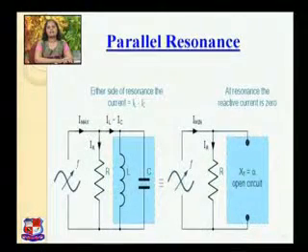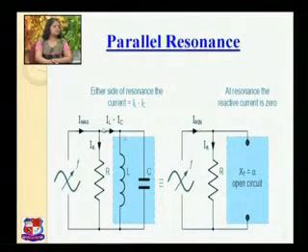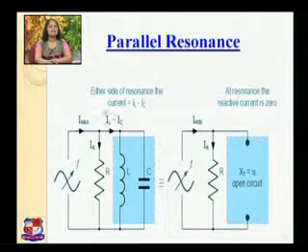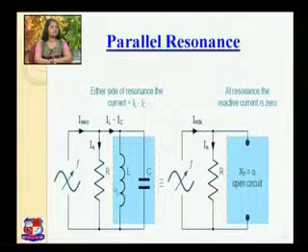So this is the diagram for an RLC parallel circuit. In the first diagram, this is our resistance, inductor and capacitor. Maximum current will flow through the circuit. Here it is IR, here it is IL minus IC. But when resonance occurs, what happens? The effect of inductor and capacitor becomes 0, because the value of IL minus IC is 0.